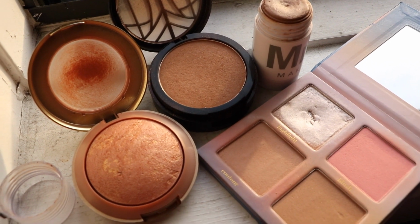I didn't really make a contour category because I only have this one, so I'm including it in the bronzer contouring. I kind of do that step all together. Sometimes I rub my brush between the two of these, so I don't really feel like I need to do a separate category. But yeah, so for bronzers, I have 4 total, 3 of which are powder and 1 of which is a cream bronzer,